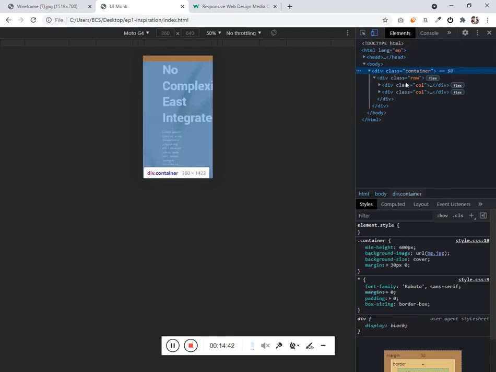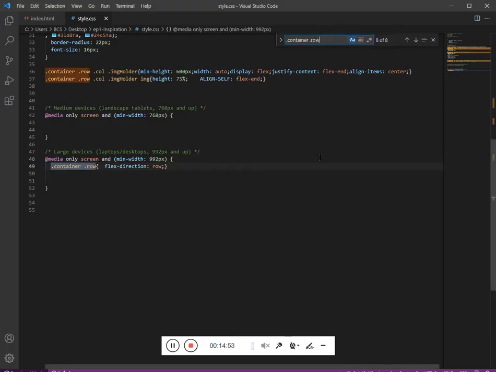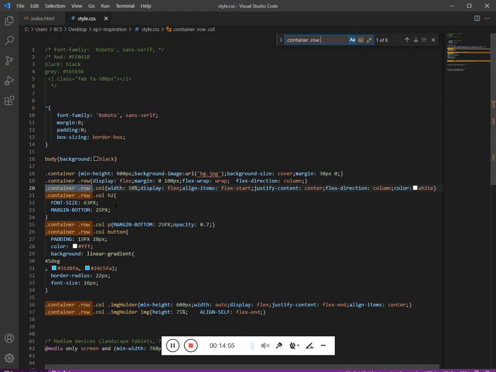Now we need to reduce the margin, top and bottom, left and right, let's say 20 pixel. Let's write 20 pixel.